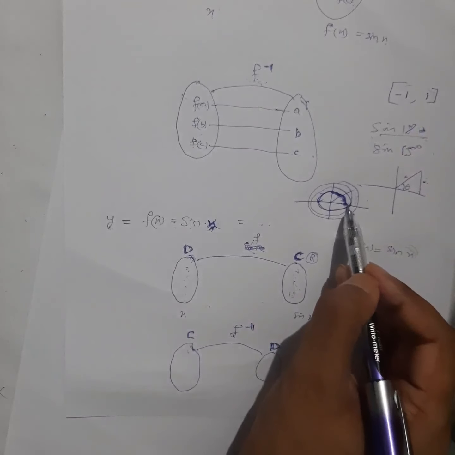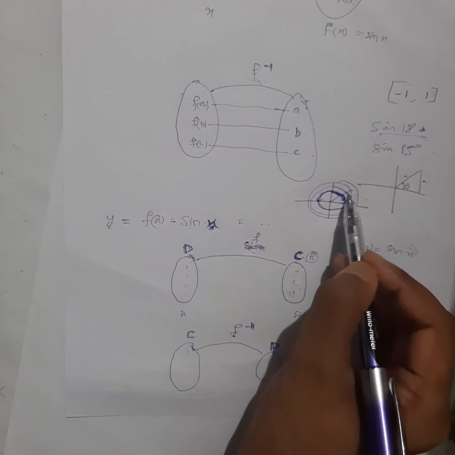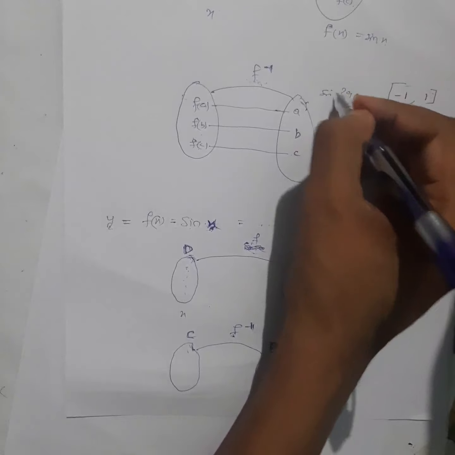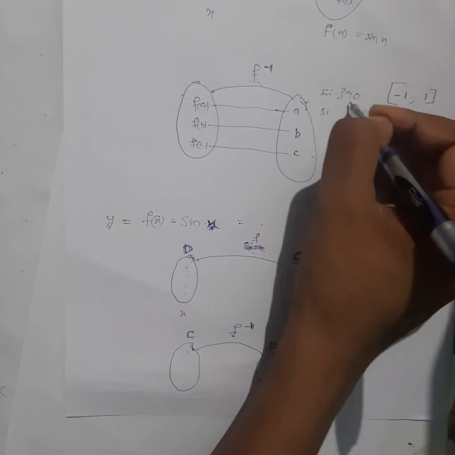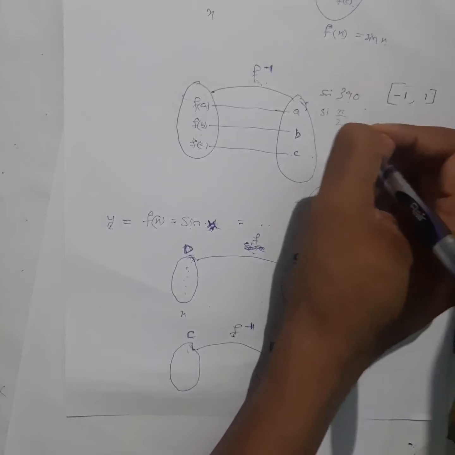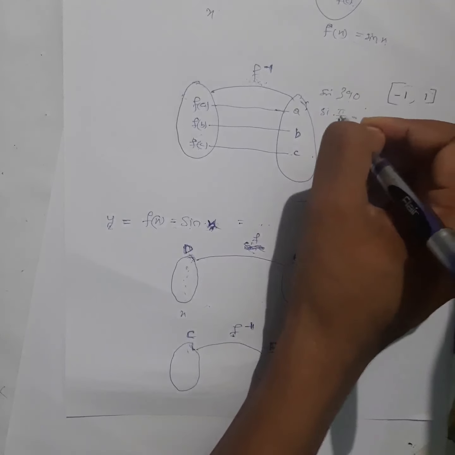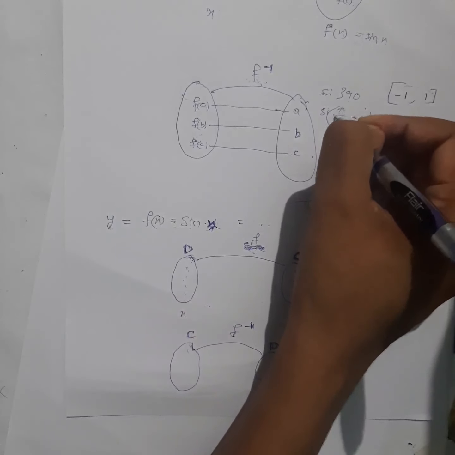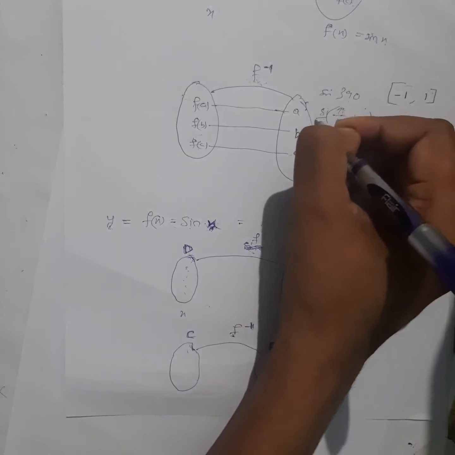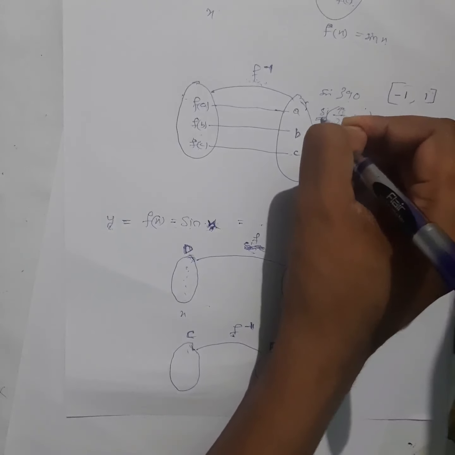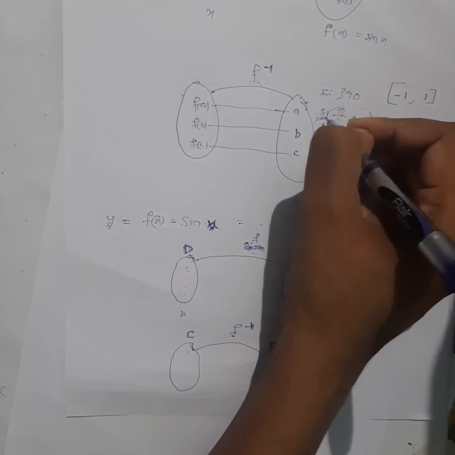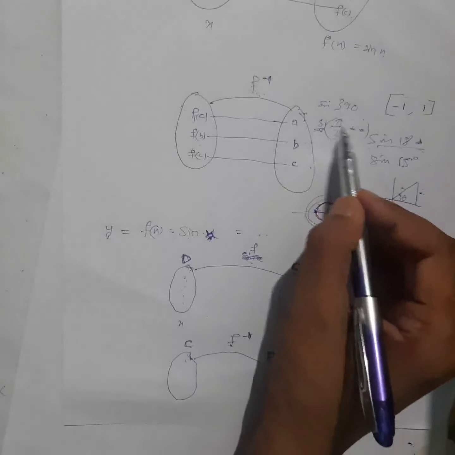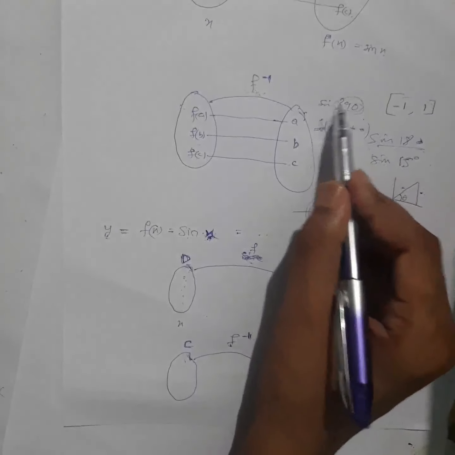Because we have done this for angles more than 360. If you move more, that is 390, and I ask you to find sine of 390, how will you find it? Remember, we used to convert this in terms of multiples of pi by 2, plus or minus something. Then we used to check whether it is an odd multiple or even multiple. If it is an odd multiple, the trigonometric function will change. If it is an even multiple, it will not change, right? This was the rule we studied in class 11. So this is how I can find the value of sine 390 also.